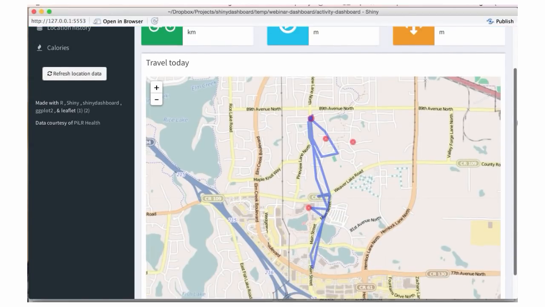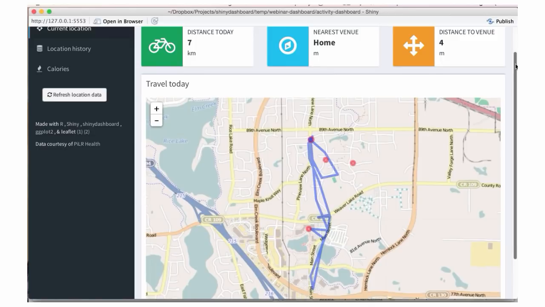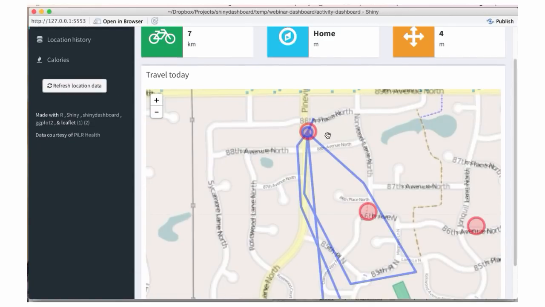So today he's traveled 7 kilometers. The closest venue that he's at is home. These red dots are known locations. They're called venues. And he's 4 meters from home, which I guess probably means he's inside his house. And this is real. This is real time. And this Leaflet map lets us zoom in here